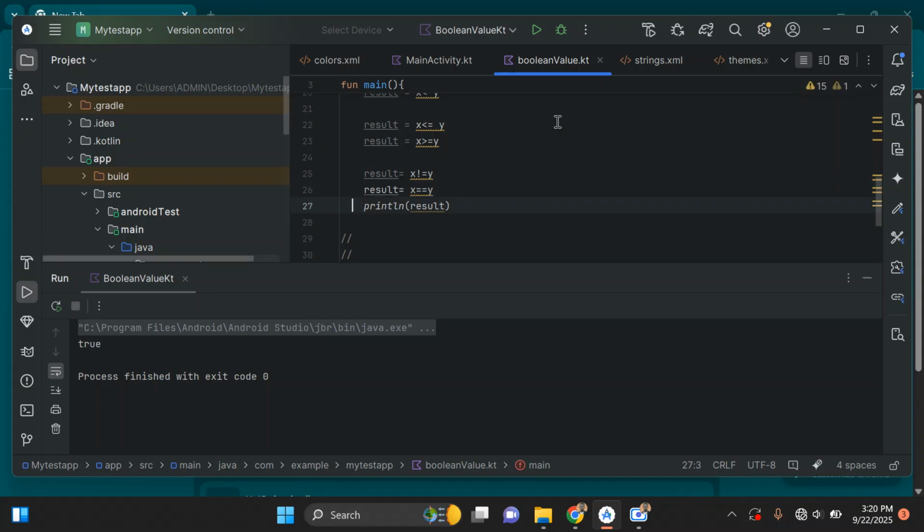All right. So after this, I think we're done with comparison operators. Then we'll move to, okay, so that's about comparison operators. So let's look at